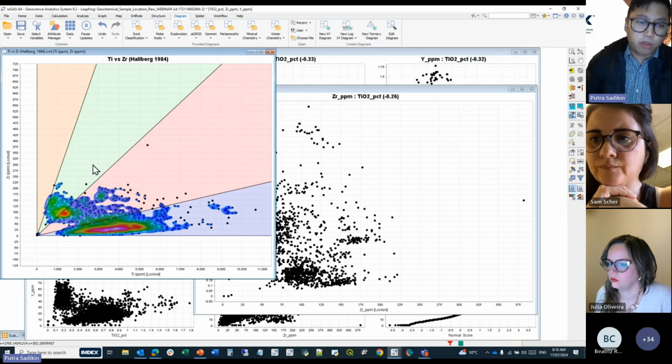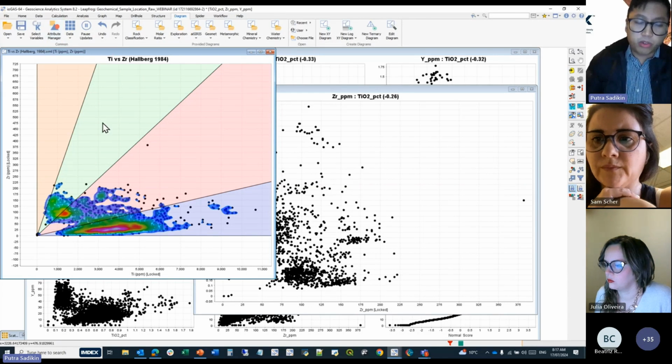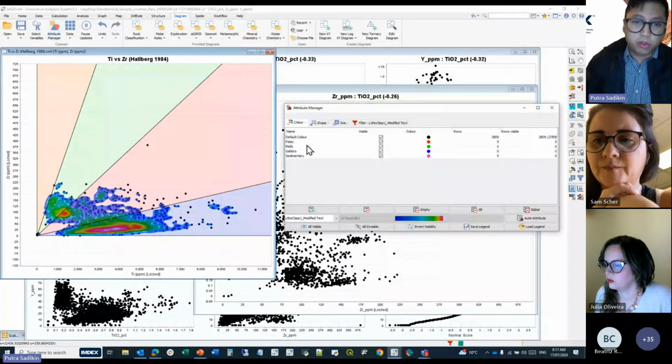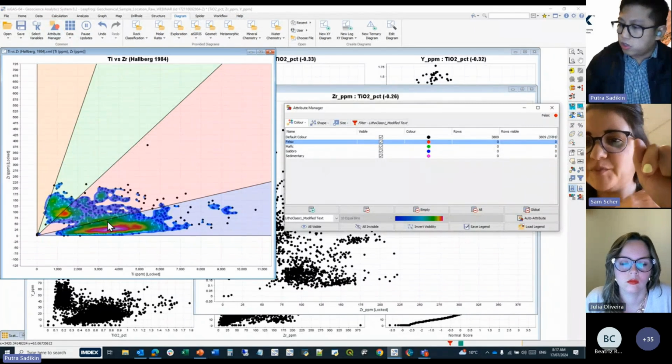You don't want to take the boundaries too hard, because they were derived based on the data that was used to create these diagrams in the first place, and it may not be relevant to your data unless you're dealing with the exact same geology that the author was dealing with. So don't take these boundaries too seriously, and use them only as a guide. So we're using it as a guide, and we know that there's one thing